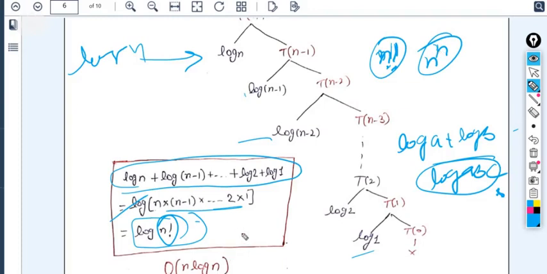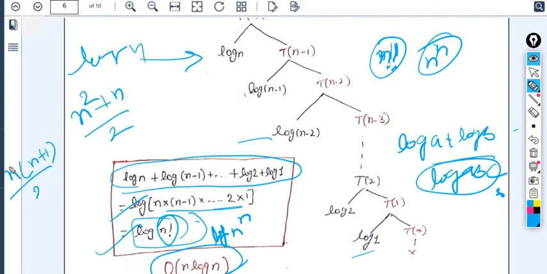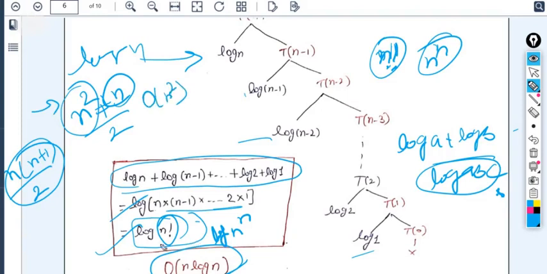So here if you write n raised to power n inside the log, it will become n log n. So always take the tightest upper bound, as we have seen already. If it was coming like n square plus n divided by 2, as you have seen, n into n plus 1 divided by 2, in that case we have not taken the n, we have taken the tightest upper bound, that was n square. That's why we have written order of n square. Same here for n factorial, the tightest upper bound we will take is n raised to power n. That you can find out with the help of the function sequence. So now we can replace it, log n raised to power n will become n log n. So it's an important one.